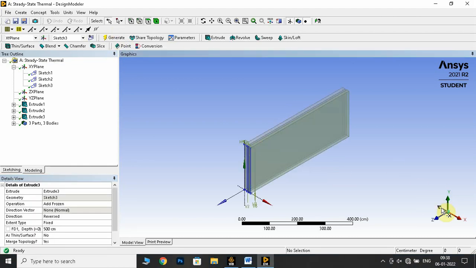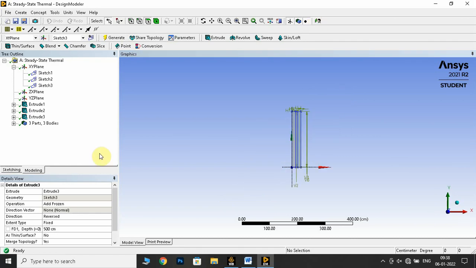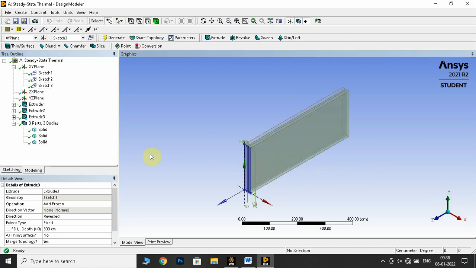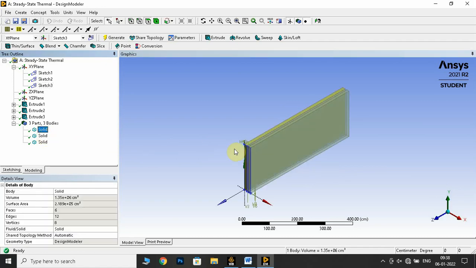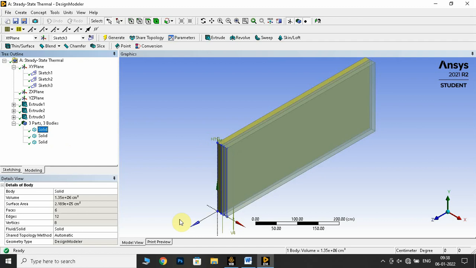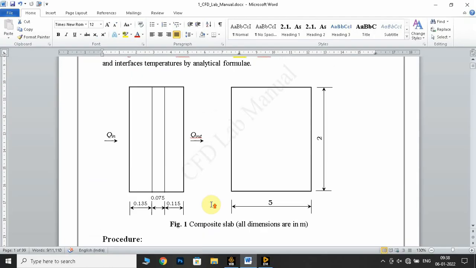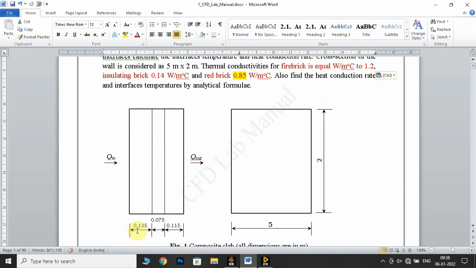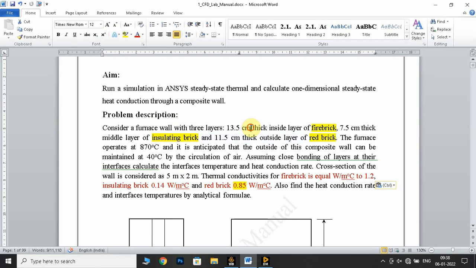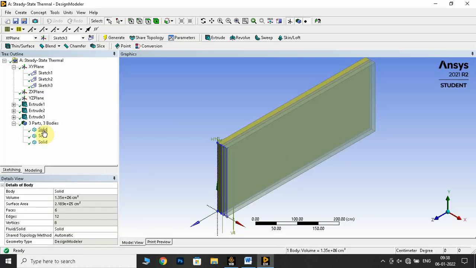So we have extruded everything, and now there are three sketches and three solid bodies generated. If I select this, the first body has been selected, and from this we know that the first 13.5 centimeters is fire brick. So I'm going to right click and rename this solid as fire brick.